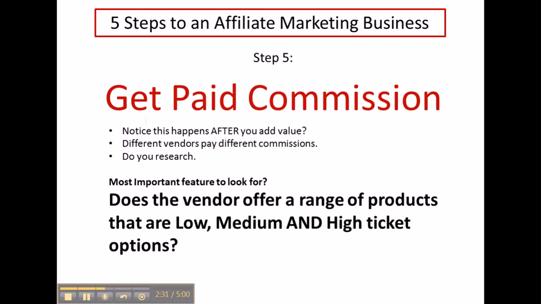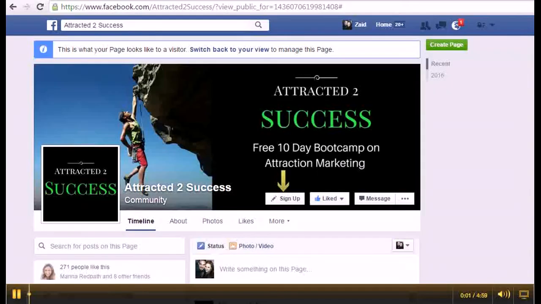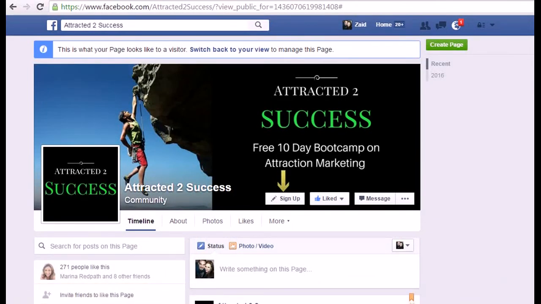And so again, make sure you team up with a vendor or supplier that offers you the option of low to high ticket options. High ticket, to give an example, would be something like $500 to $2,500, $5,000 worth of products. And believe it or not, if you don't believe it yet, people buy. Okay, so let me just show you how this works on the internet, practically.